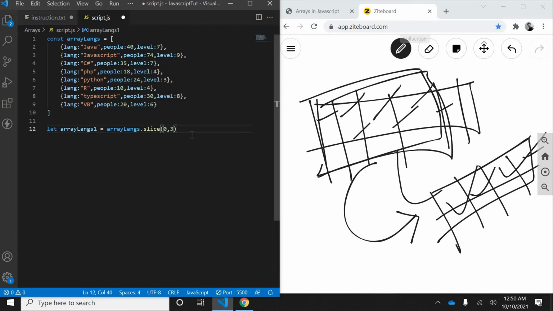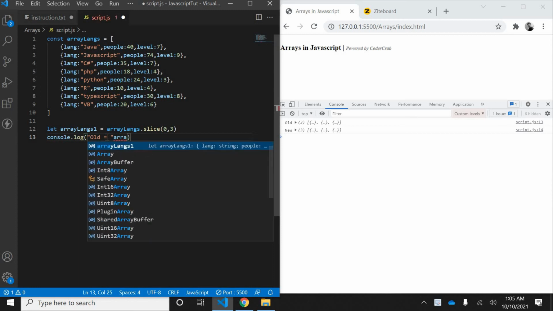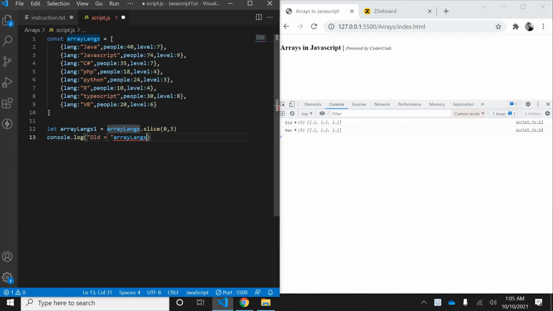Okay, so let's see this again. Console dot log, then in that I'll just print the old one. Old array is array length, and then I'll print the second array, the new one. So here new, then array length 1. You can see the old one had 8 elements.